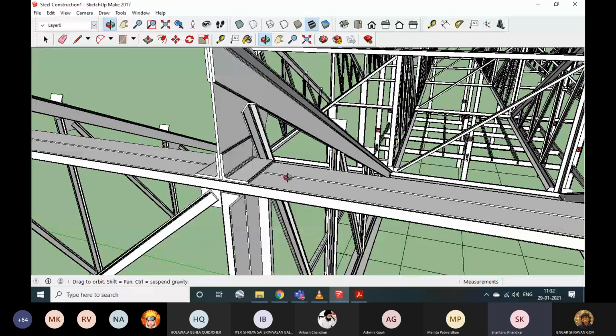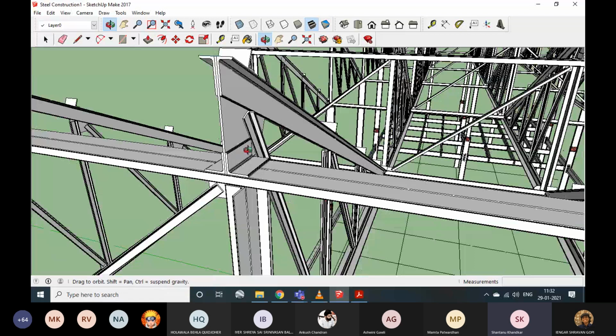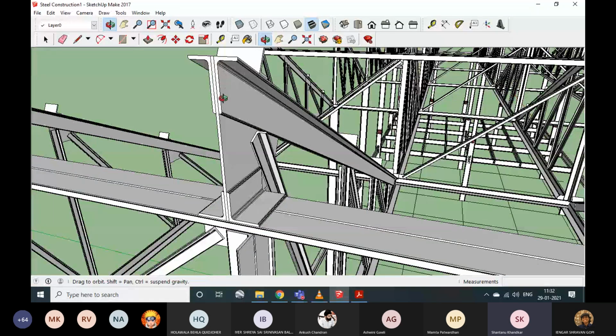See, the whole point of looking at a steel connection is to see how we maximize the surface area between the two connections. Right now, here we don't need a cleat, because the flat part of the angle section is getting connected to the gusset plate. But here the gusset plate is kind of standing upright on top of this top chord of the lattice girder, and that will obviously not be a very stable connection.